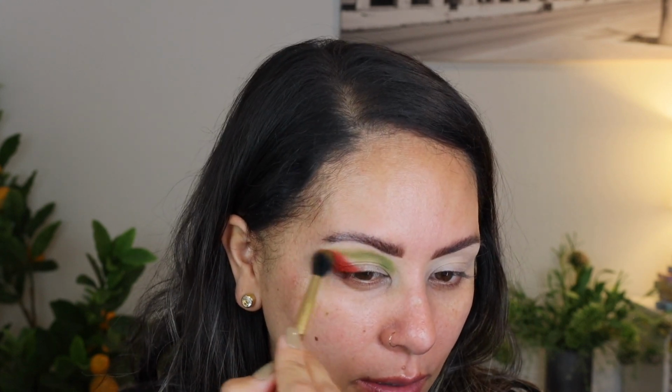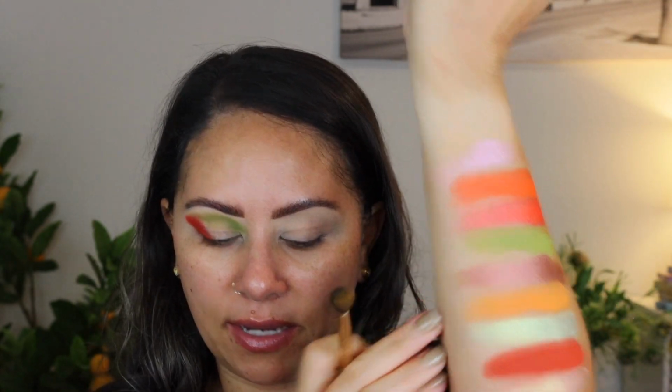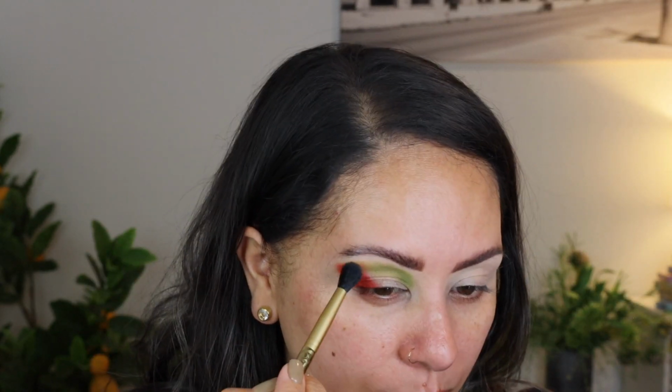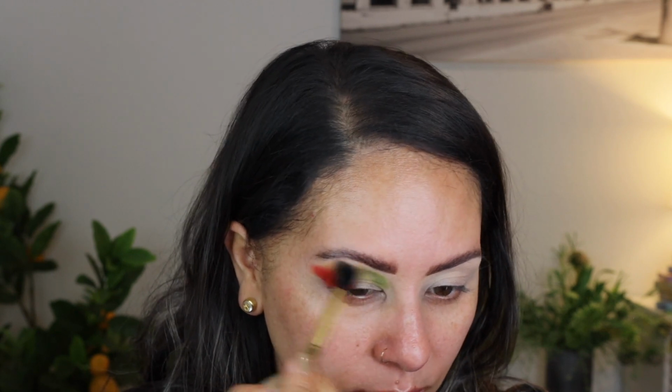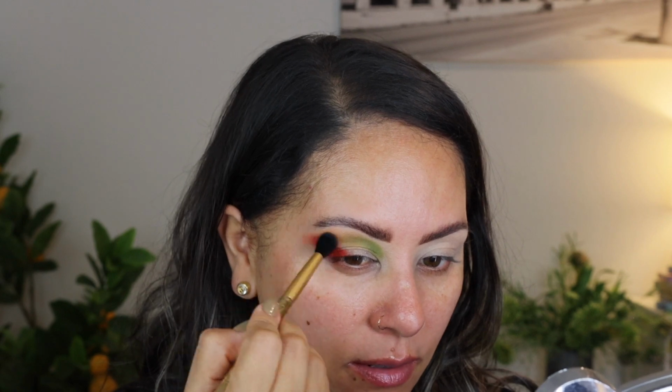Again, not too sure that I know what I'm doing, but I grabbed the shade Zest, this lighter orange here, with my MAC brush, and I'm just going to connect the two, but just start blending so that it's not too harsh right here near the